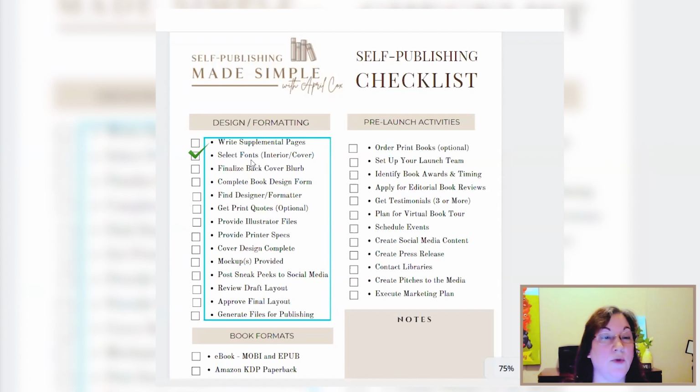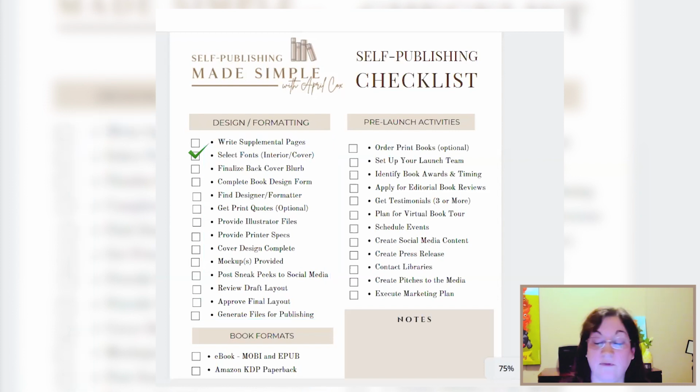Select your fonts. Not that you have to pick your fonts, right? Because graphic designers have that eye. But what is helpful is if you pick out a few that you really like and you send those over and let them know, hey, these are a few that really jumped out at me that I really like. The graphic designer can work with that to better nail the interior for you. And with Praise, she has downloaded or provided a couple of pages worth of fonts that she has found to be really good with picture books. So those are provided for our group so that if you want to go through and look at the ones she recommends and add what your favorites are, then she'll use those to get started with your layout.